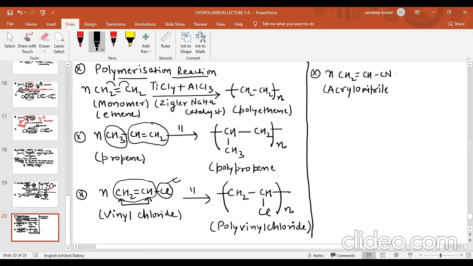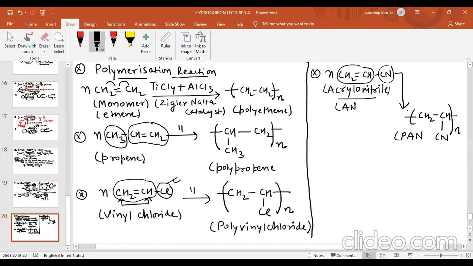So on polymerization, what happens? Because we know this pi bond will only take part in the polymerization reaction, write this by single bond. This is CH2 group, and this is CH. Now put the CN in the branch, because this CN is not participating in the polymerization reaction. Now put the bracket and put n there. So if this is acrylonitrile, then this will be polyacrylonitrile. It means PAN. So this is polyacrylonitrile.